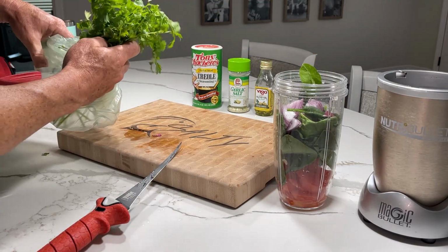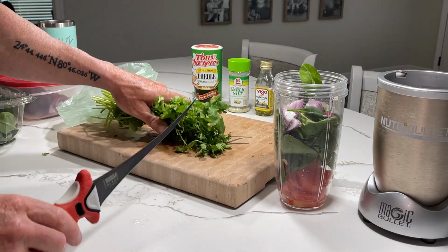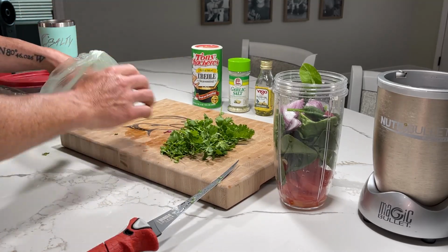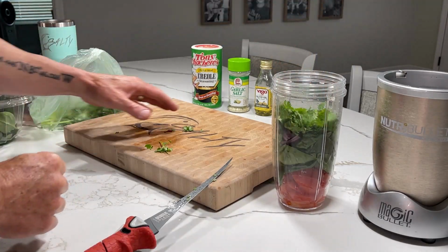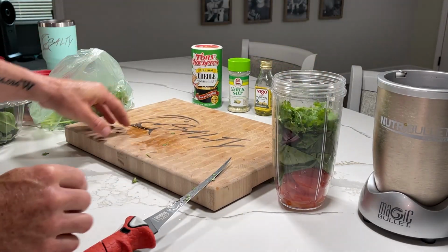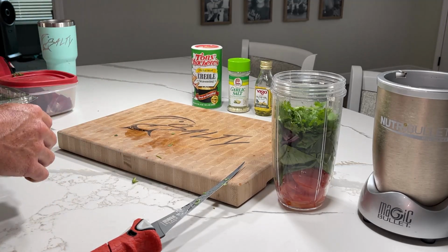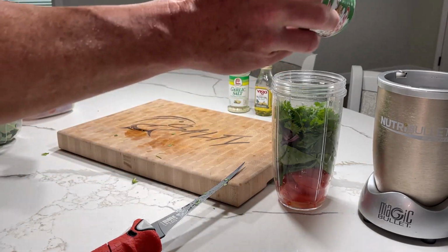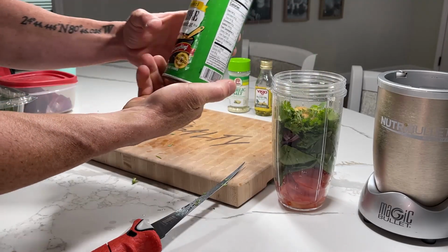And then if this is your first time watching my Catch and Cooks, guys, you guys are going to learn that I absolutely love my cilantro. So we're gonna jam that in there, some cilantro. We love the cilantro on our fish right here on the Salty Cooking channel. So we're gonna top it off with maybe like a teaspoon of this